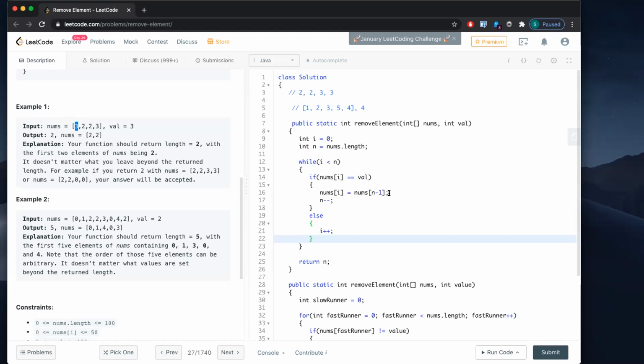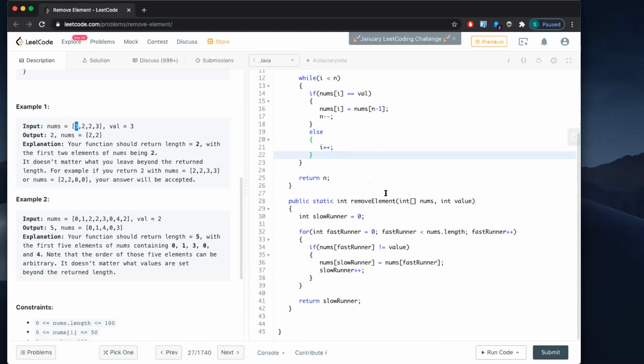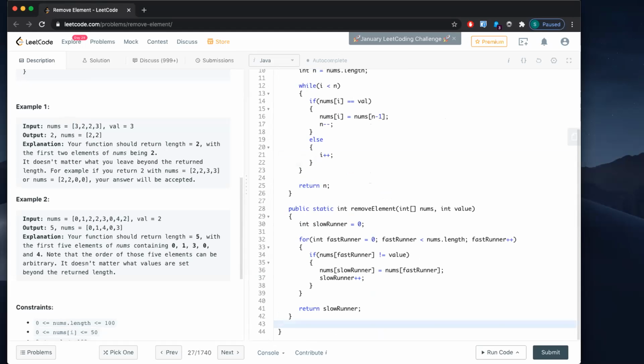But what happens if you go to the second approach that you're showing? This is the same approach as Shashank, we're copying it, right? You copy only when the value is not the same. Both of them point here first, and if the fast runner is not equal to the value, when the fast runner reaches here, it's going to copy to the slow pointer. It copies 2 to here, then moves the slow runner to here, and then does the same thing, copies this to here. So it's just doing a lot of copying until it reaches the end of the array.